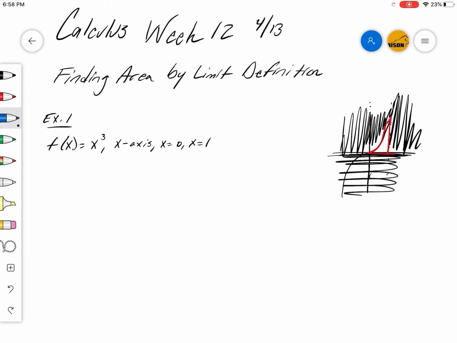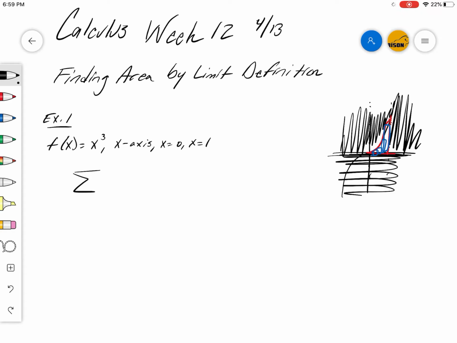Okay, so last time what we would have done is we would have put a bunch of little rectangles in there and found the area of all of them and then added them all up. Okay, so today what we're going to do for the summation is we're just going to pick one rectangle and we're going to run with it. Okay, so what we're going to do is we're going to say,